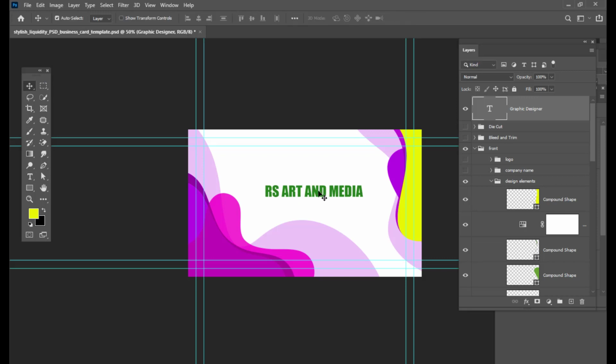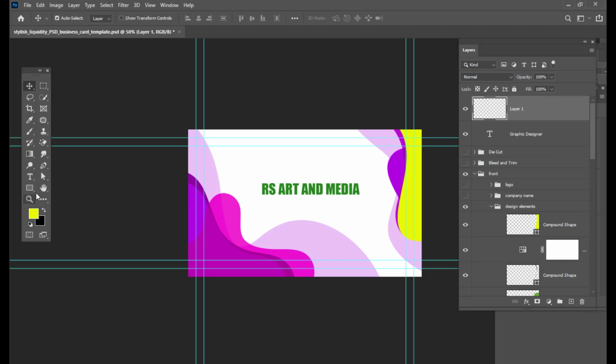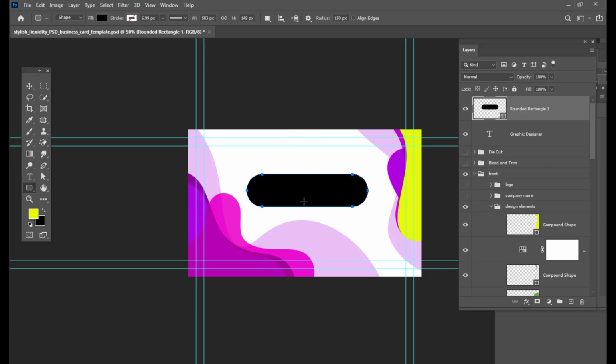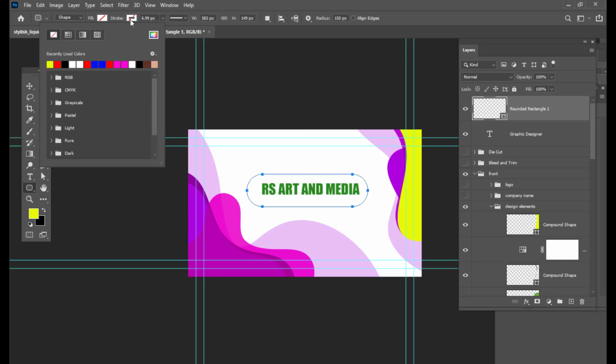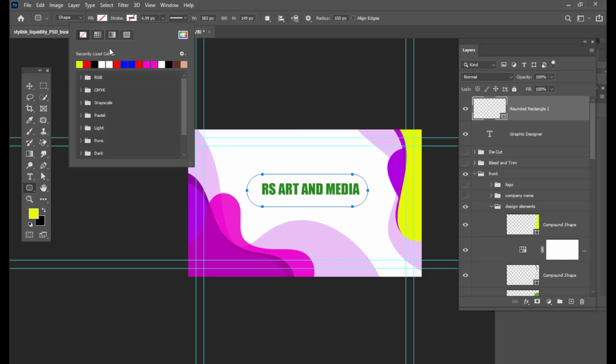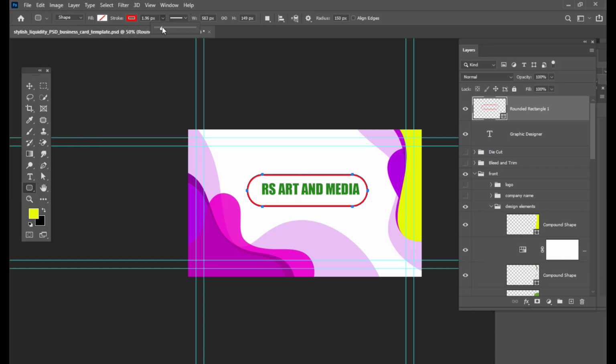Right, and if you want to put an extra design, we'll use a rounded rectangle tool and simply create one shape over the text, and we'll turn off the fill and just increase the stroke. We'll put a reddish stroke, and we'll reduce the stroke size. Right,